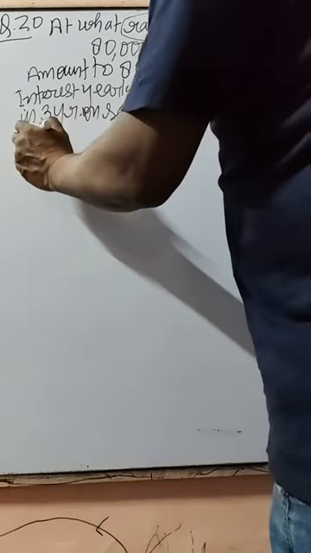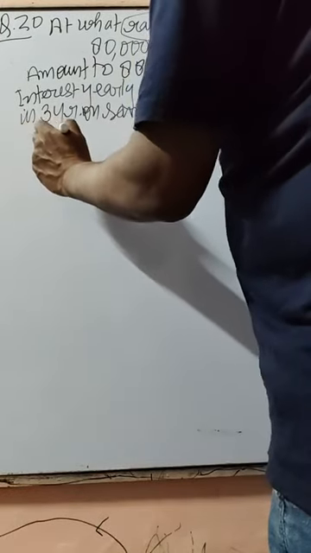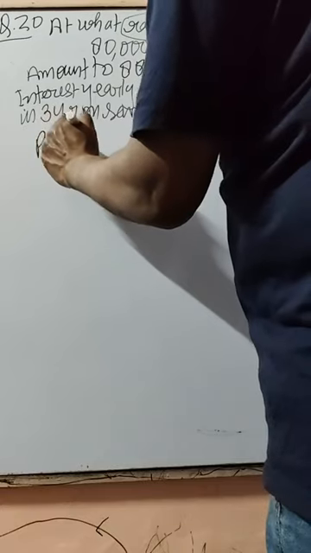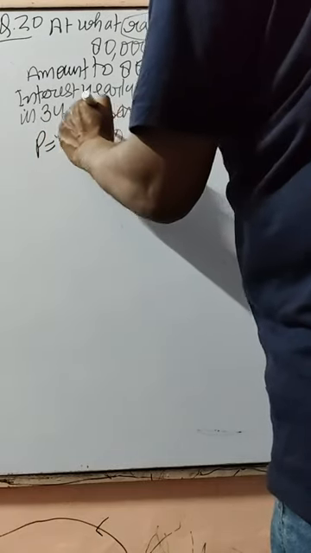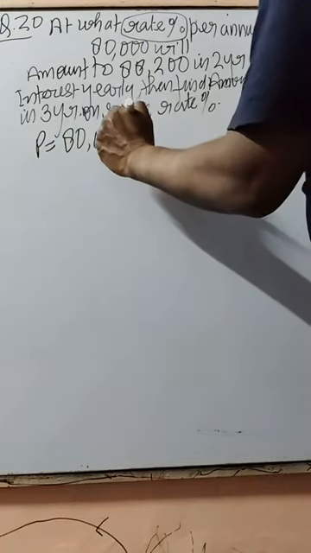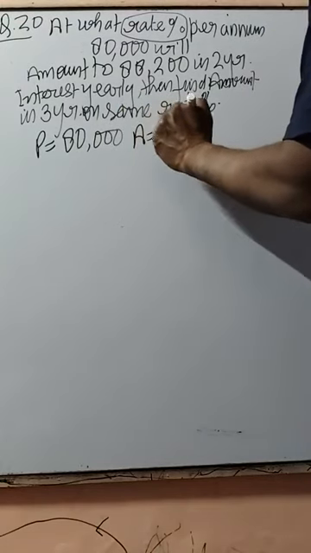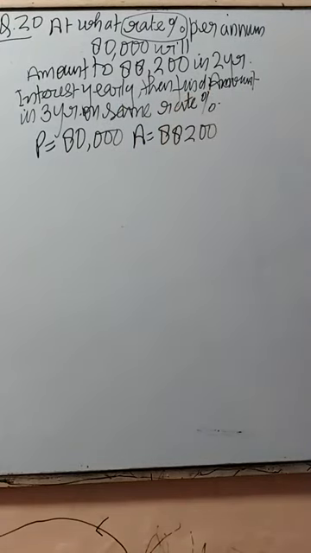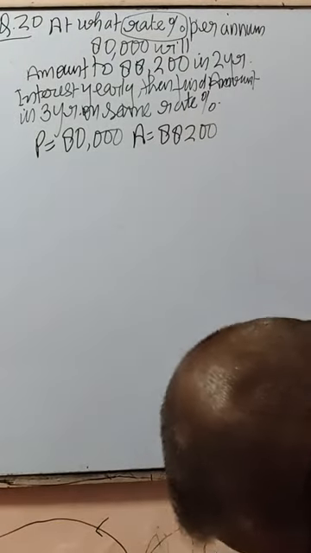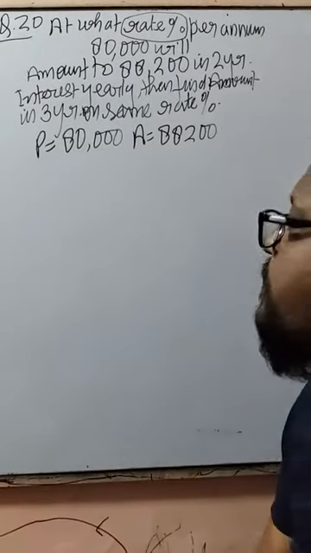So principal is 80,000 and amount is 88,200. So what do you do, man? You will do